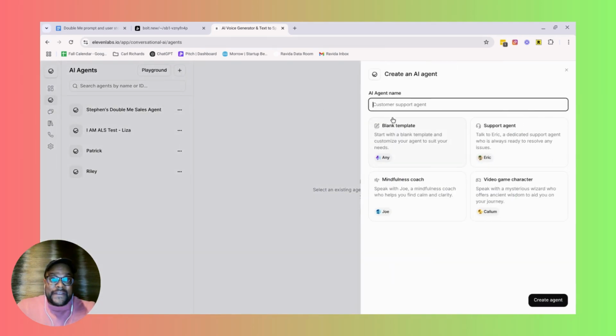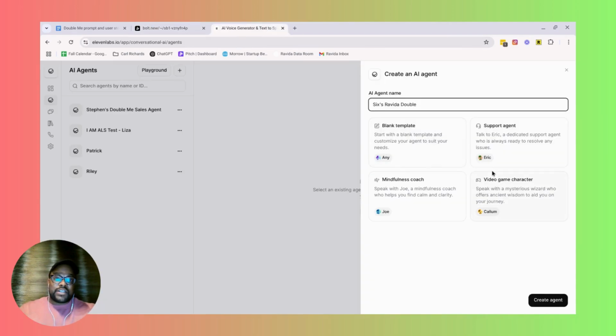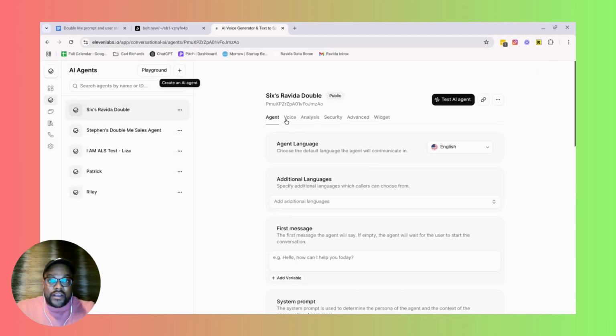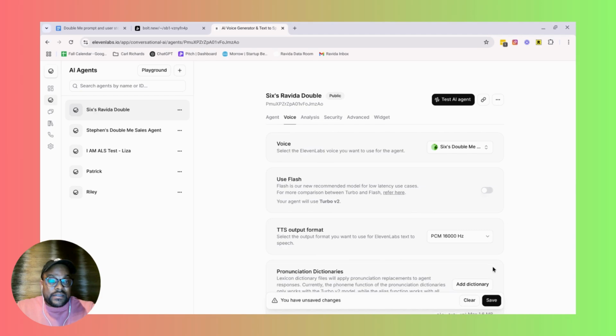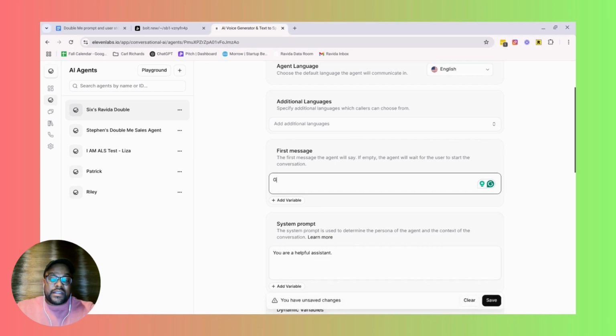So what I'm going to do is create my Revita double right now. When it comes to the interface, I won't do it this way. It'll actually be done in this account. But for kicks and giggles right now, I'm just going to do it this way because it's easier to try and figure this out. Okay, so I'm really excited. It's going to be my voice, which I spent 3 hours professionally training. And the first message is going to be like,